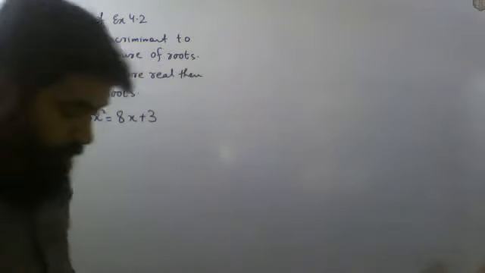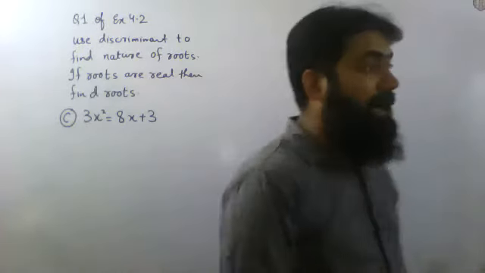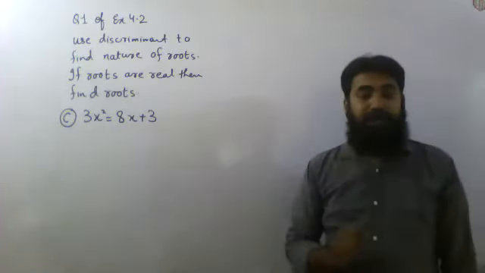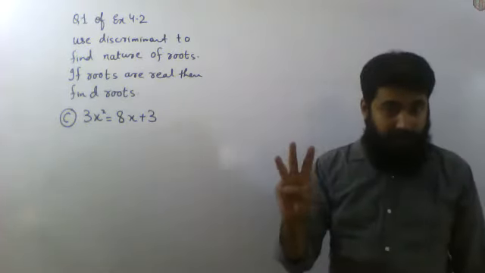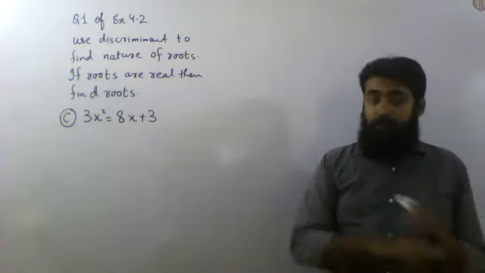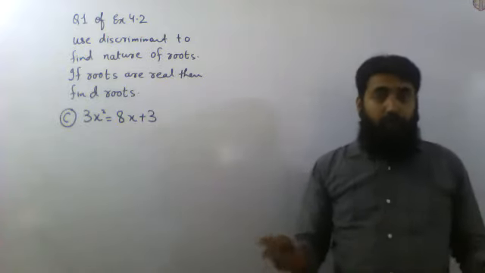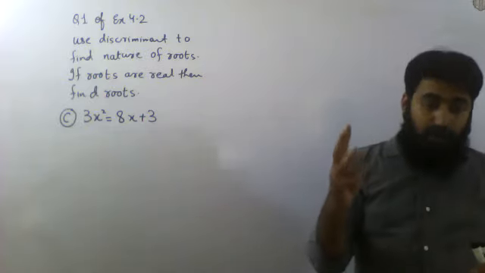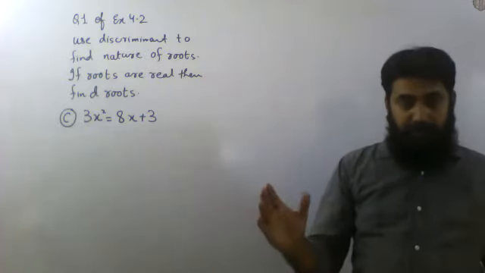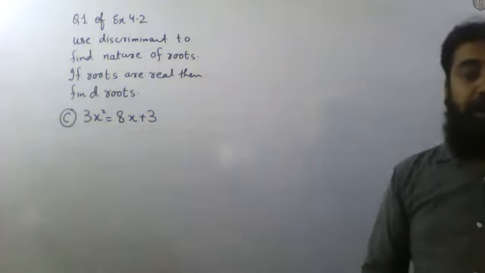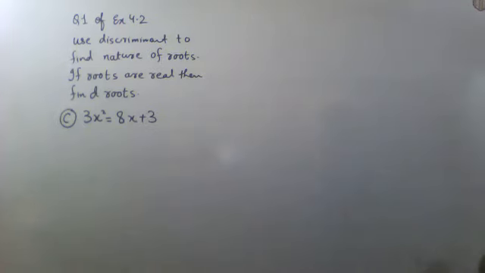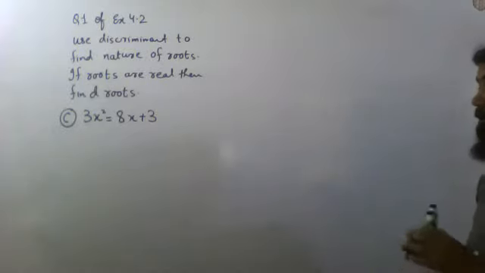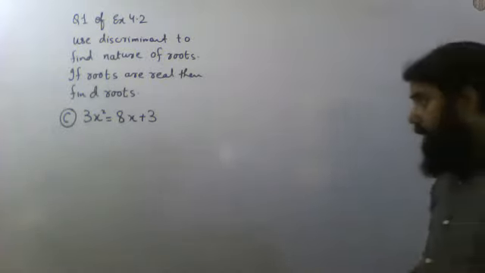First of all, I am going to find out what will be the nature of root. There are three natures. Either there will be no root. Secondly, there will be repeated roots. Thirdly, there will be two different answers or two different roots. Okay. So I am going to figure out what will be the value over there.